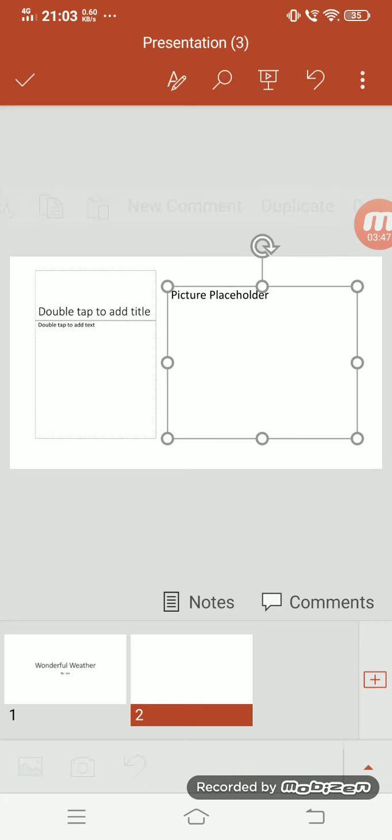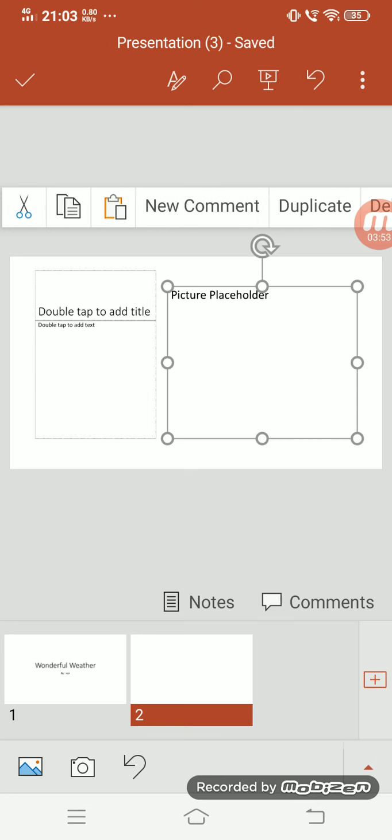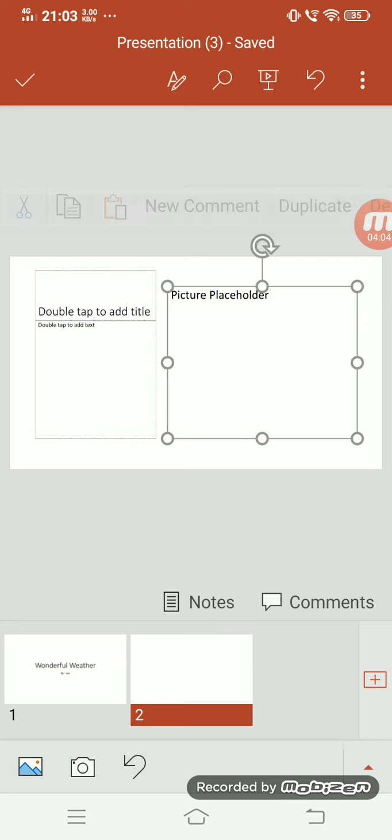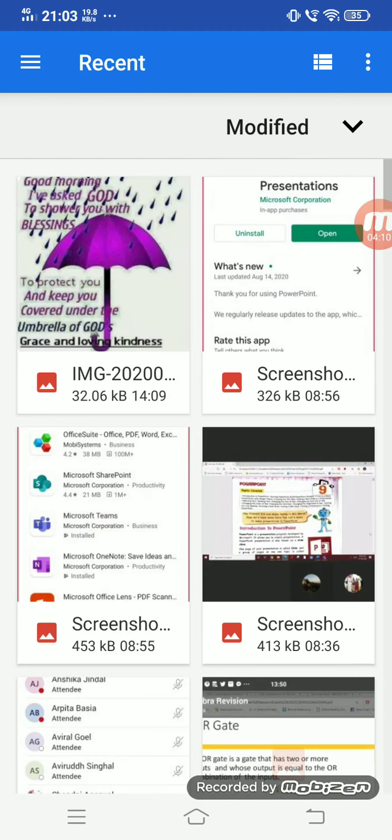For picture, you can click here, and at the bottom you can see the camera icon and image icon available. If you are taking image from your device, you can click on the first icon. If you want to take image directly from camera, you can click on camera icon. Click on image icon to select the photograph.